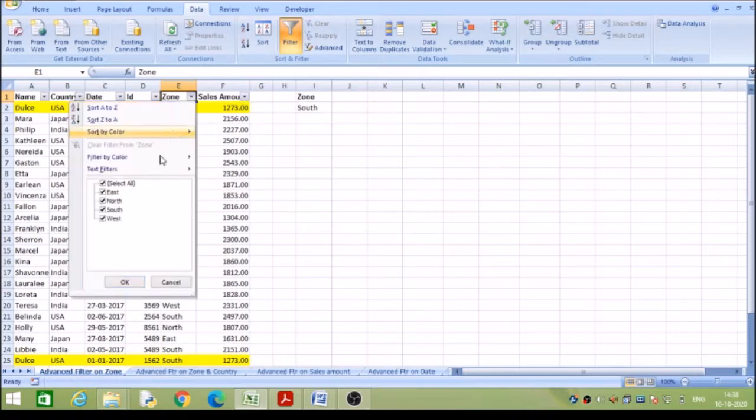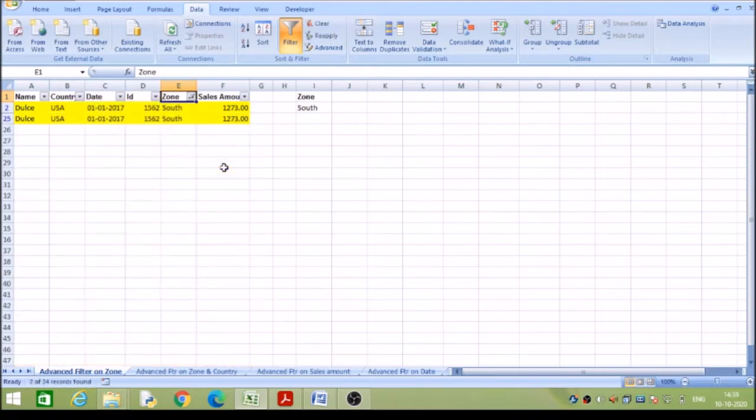The filters can also be done using a color. In my data I have only yellow color, so if I click on this yellow cell color, all the records which are formatted yellow are displayed.